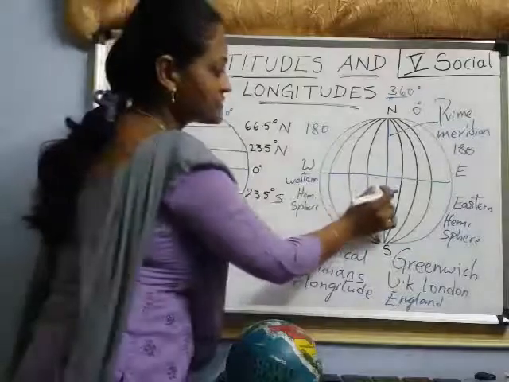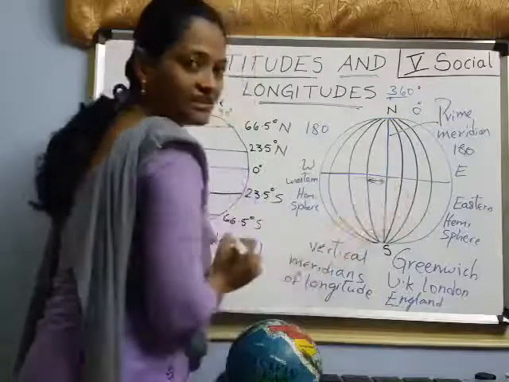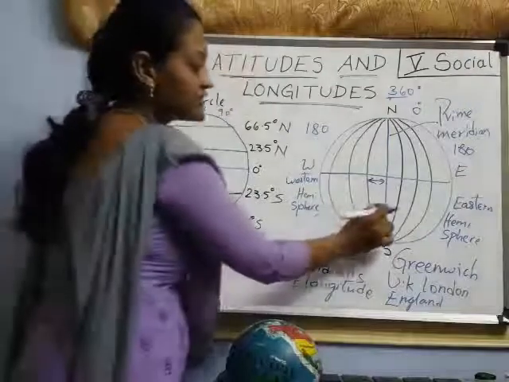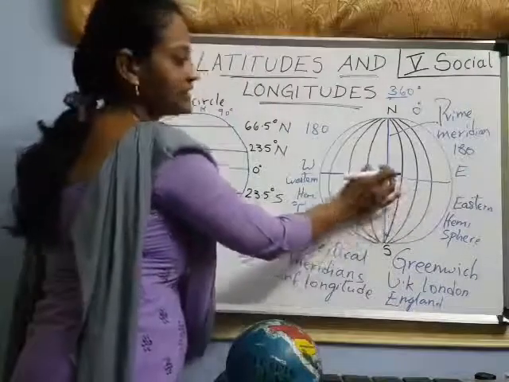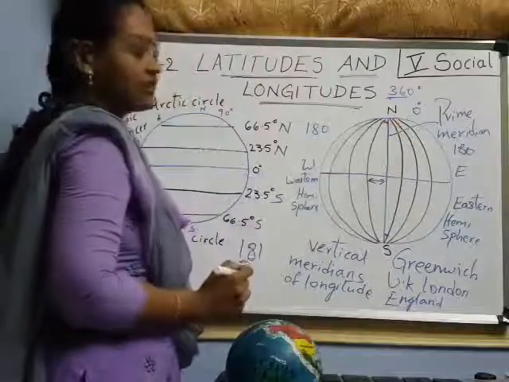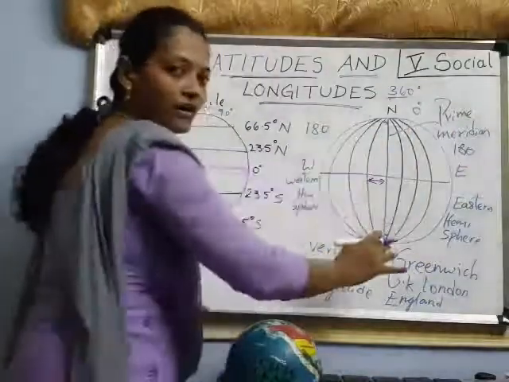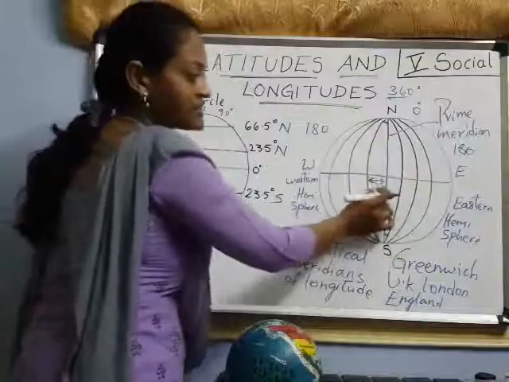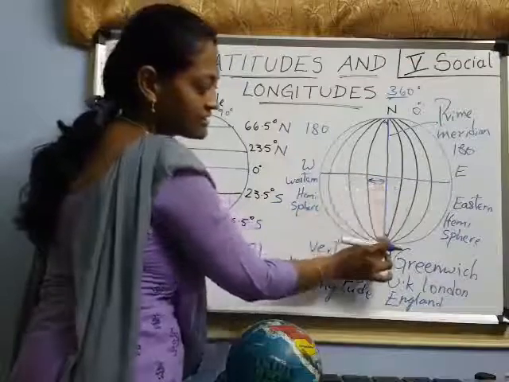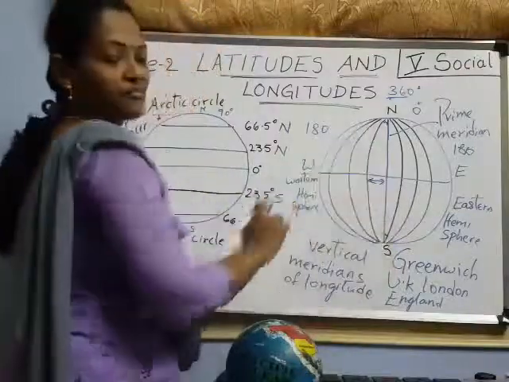But the distance between the two meridians, look at here, is more at the equator. Here the distance is more, isn't it? And compared to here it is very less, right? That means the distance between two meridians is more at the equator and very less at the poles. Understood children? So here are two features. First, the length of the meridian is equal for all meridians, but the distance between the meridians is more at the equator, and the distance slowly decreases towards the poles. Understood? This is the main feature.